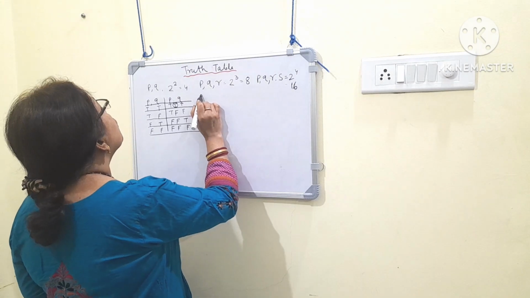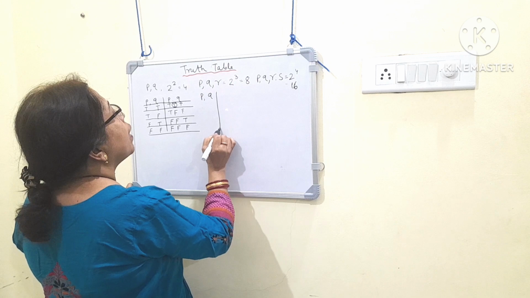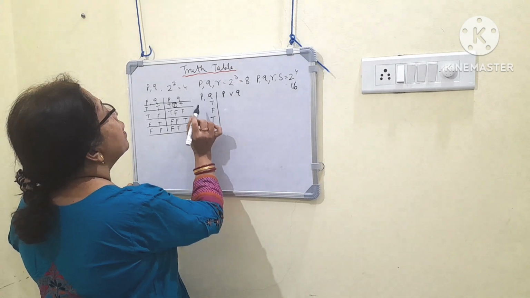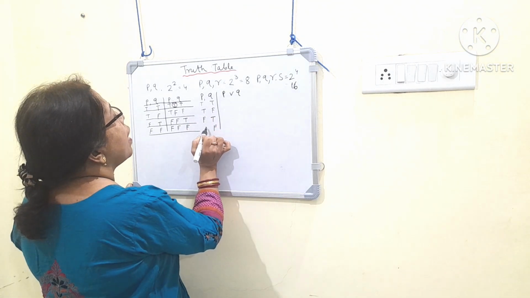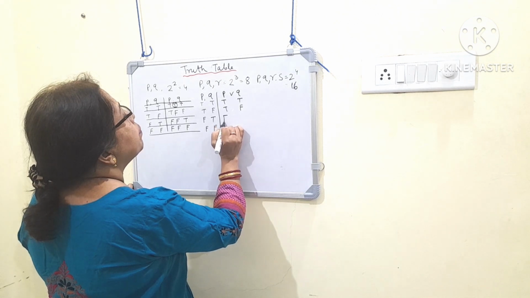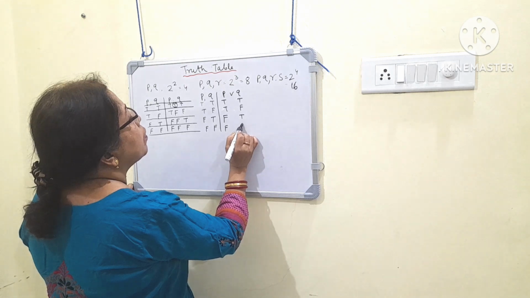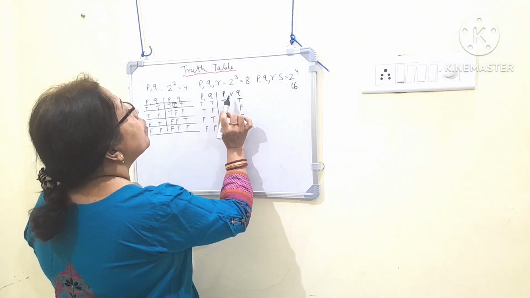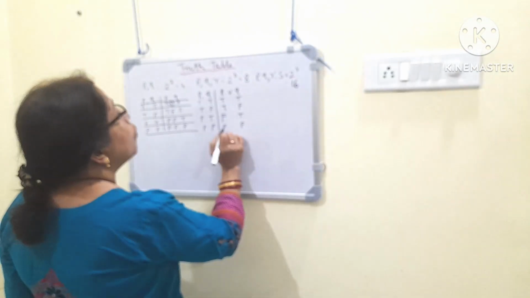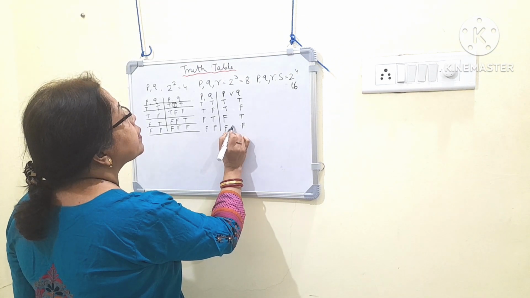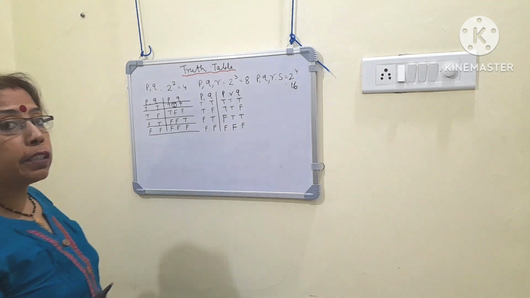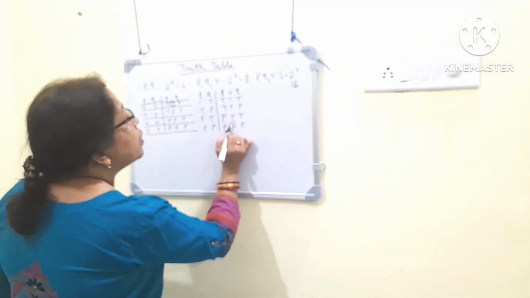Now I will show you the vel sign. You have to write the same thing, P vel Q, and first you write T, F, T, F, and then T, T, F, F, and again this same thing, T, T, T, F. In the vel sign, only when F is on both sides will it be F, and in every other case it will be T. It is the opposite of the dot sign. You have to remember these places.